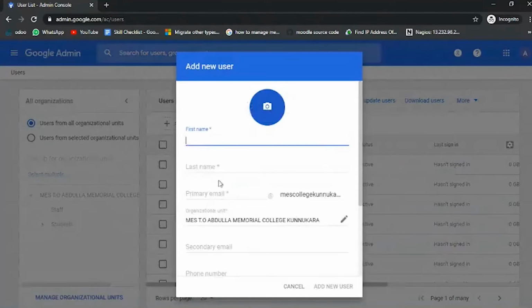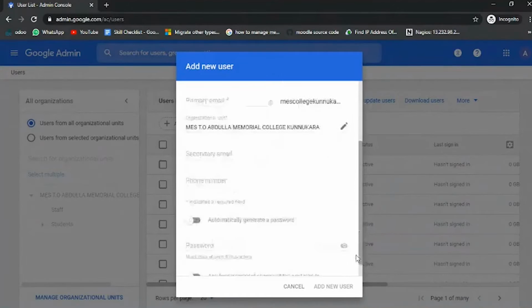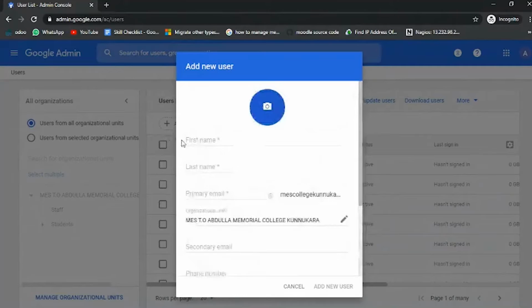Here are some options like first name, last name, email address, the organizational unit, secondary email, phone number, and two password options. I'm going to create a demo user. I type first name as demo, last name as user.